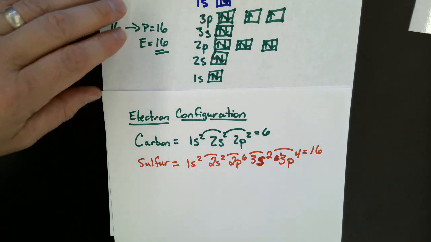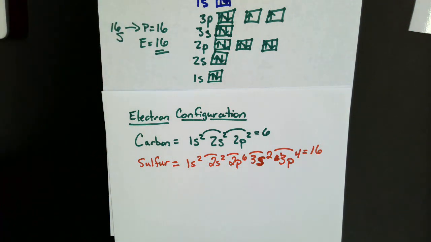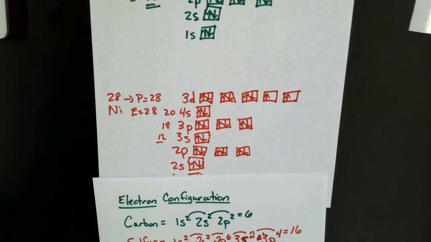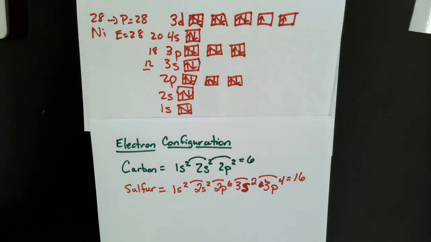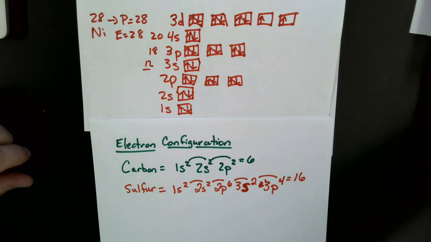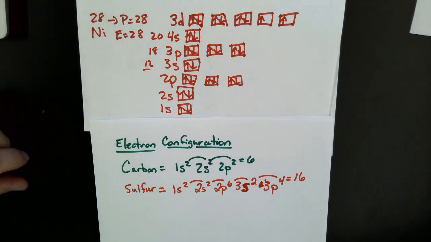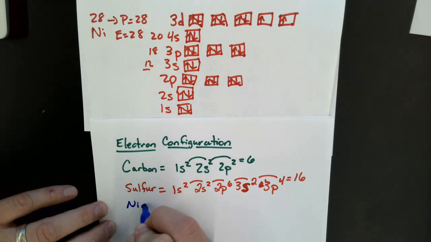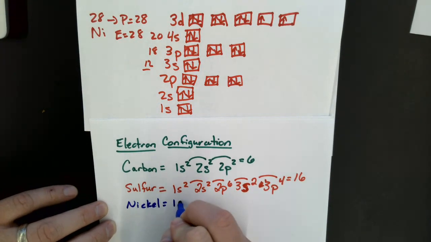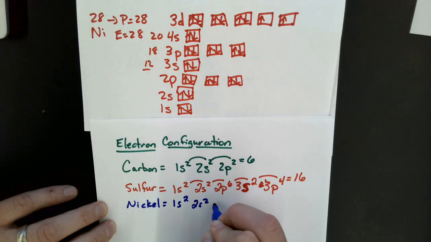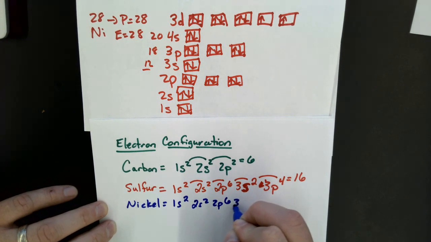If we wanted to, we'll take a look at our orbital diagram here for nickel. As our orbital diagram shows, we go all the way to 3d, so we want to make sure that we copy all of those levels as we get started here. So for nickel, you'll notice the pattern pretty quickly. 1s2, 2s2, 2p6, 3s2,